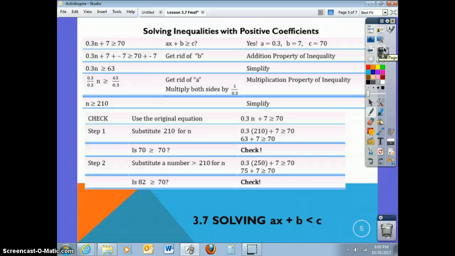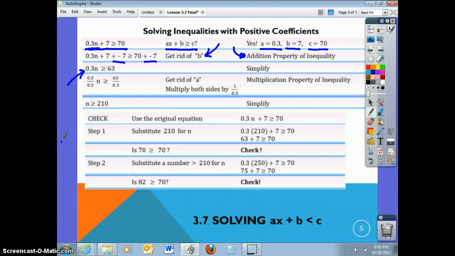So when we have a as a positive number, like in this case 0.3 is our a, we're going to solve this inequality. First we ask ourselves, is it in the correct form? And yes, it is. Ax plus b is greater than or equal to c, where a is 0.3, b is 7, and c is 70. So the first thing we're going to do is get rid of b, and we do that by adding a -7 to both sides. That's the addition property of inequalities. And when we add a -7 to both sides, we get 0.3n is greater than or equal to 63